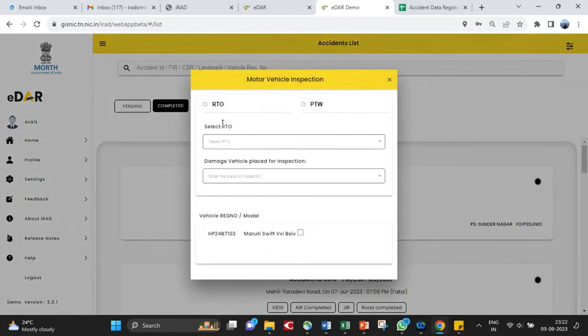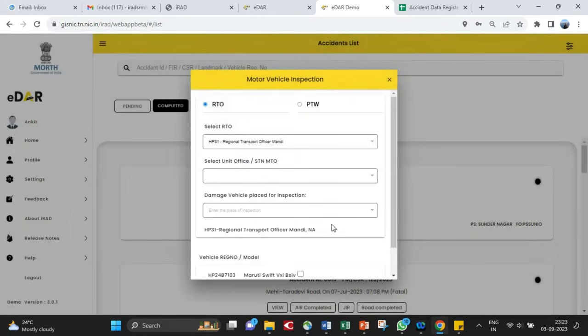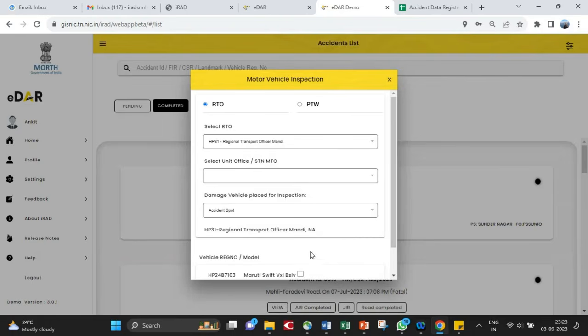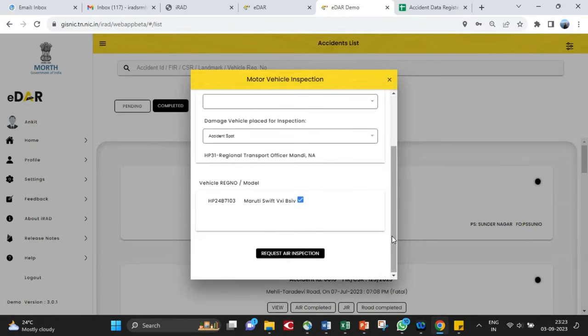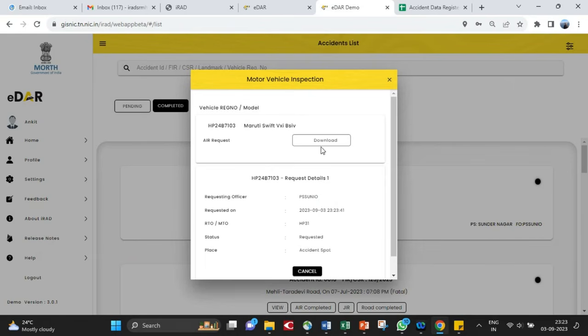Now investigating officer can send a request for motor vehicle inspection to concerned officials. By selecting the RTO and its unit office, the request for accidental vehicle inspection can be generated. This request can also be downloaded in letter form.